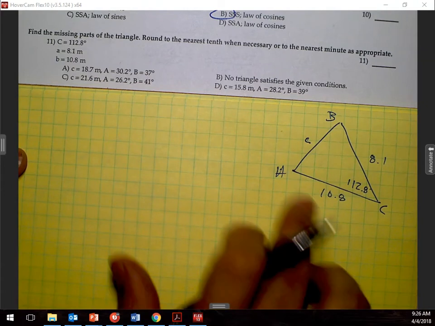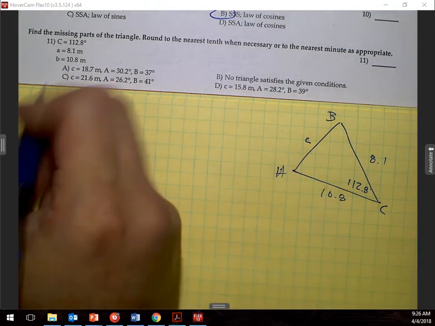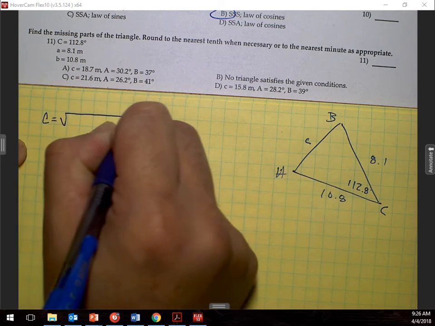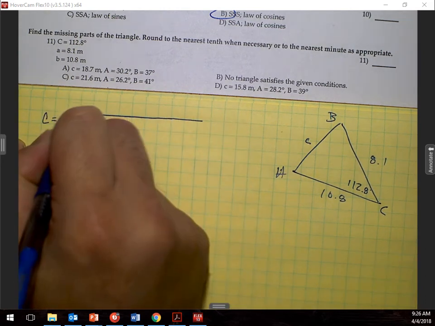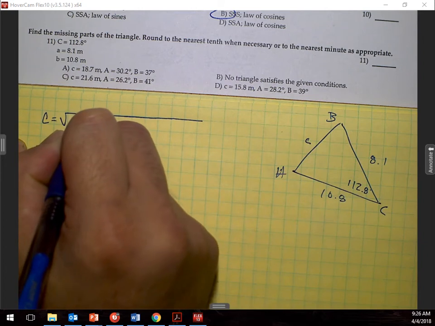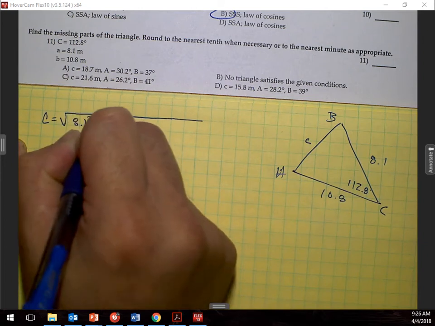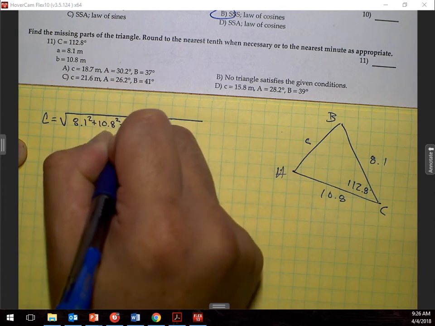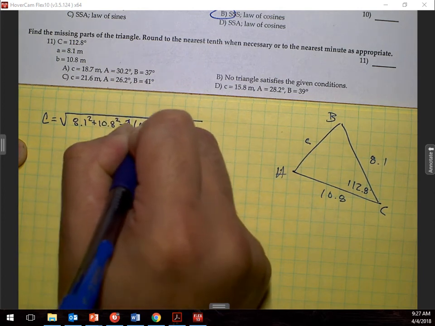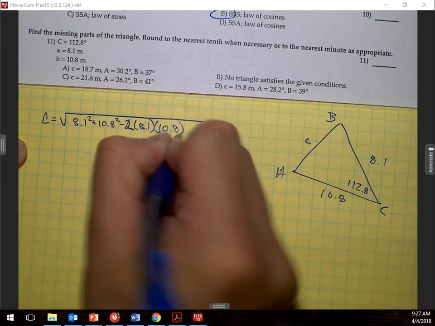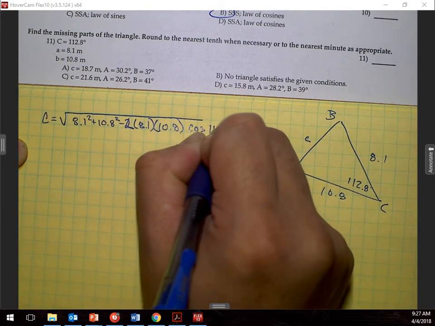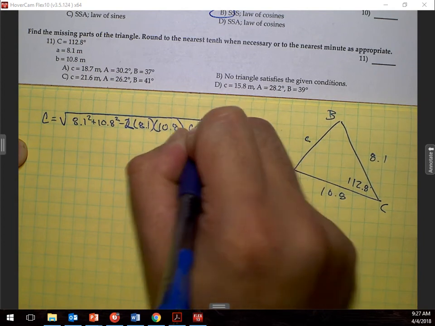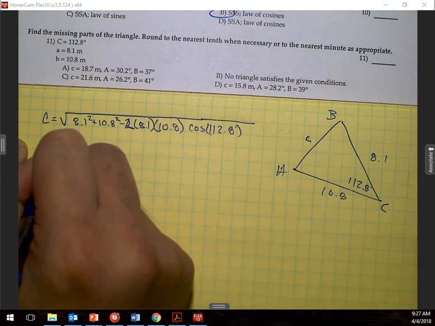Law of cosines always solves for this one over here. So from my reference sheet, c is equal to the square root of 8.1 squared plus 10.8 squared minus 2 times 8.1 times 10.8 times cosine 112.8. So c is going to be about